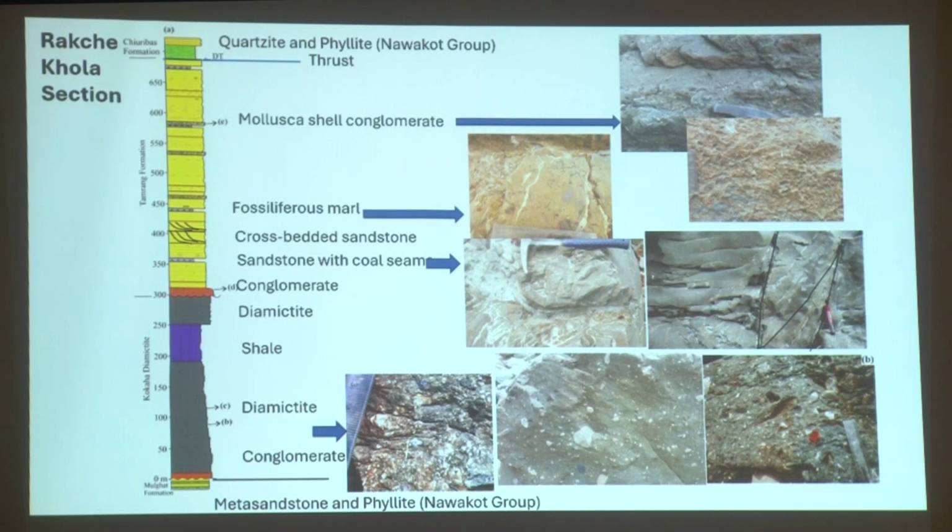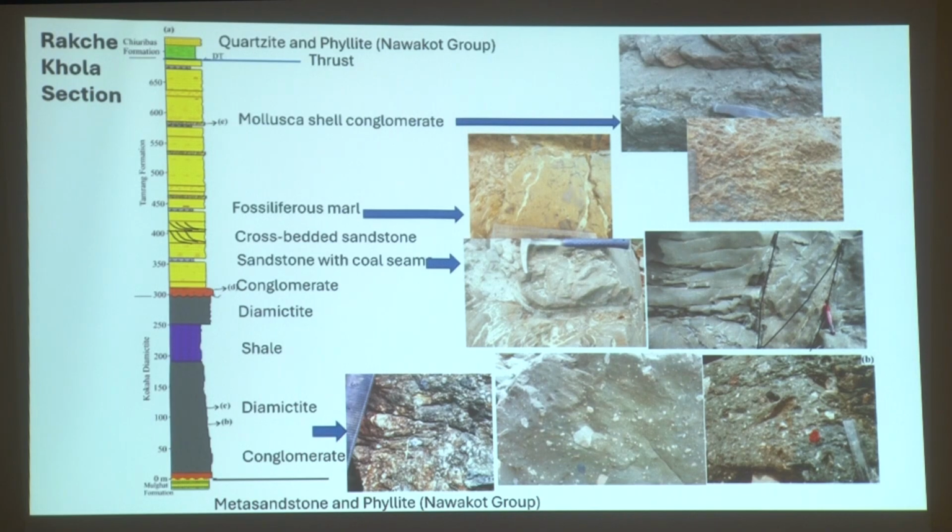The shale and dynamite repeats in the upper horizon of this formation. This formation is separated from the Tamrang formation through the conglomerate, which consisted of the reworked clasts of the dynamite. The reworked clasts are of similar composition to that of the cluster of dynamite, and the matrix was coarse-grained sand. These conglomerates were overlaid by the beds of the sandstone, marl and shale, and some sandstone beds with coal